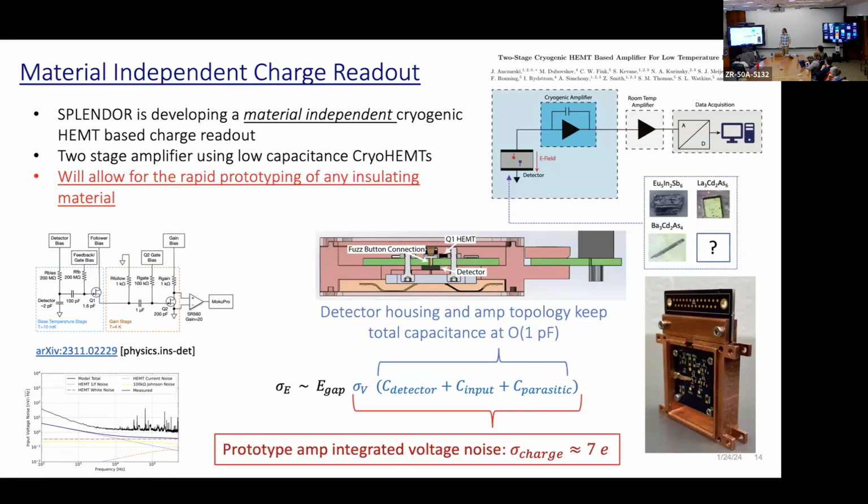And so the reason this material-independent part is important is that a lot of dark matter experiments, well, maybe two dark matter experiments that are also looking at charge, have been able to achieve resolutions to single electrons. So a single electron created in the material, they can resolve one or two. They can see the difference between all those peaks. The SuperCDMS HVeV detectors do this indirectly by measuring the phonon signal.